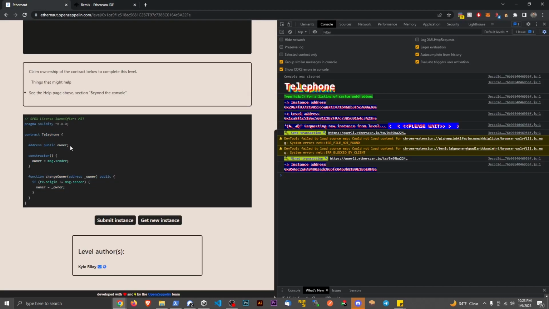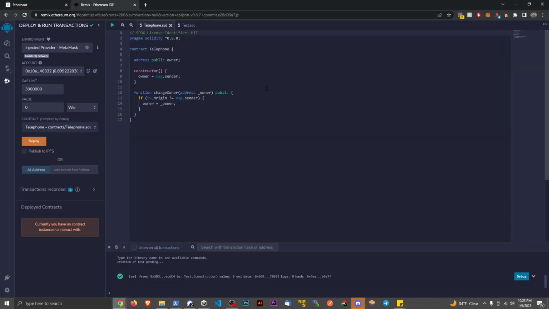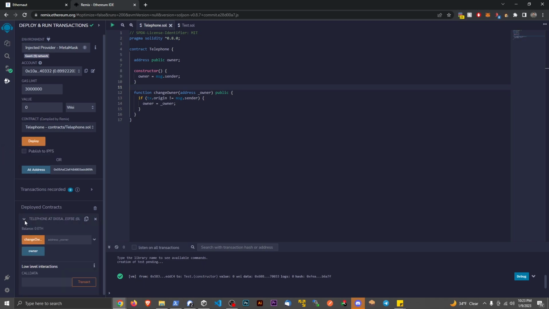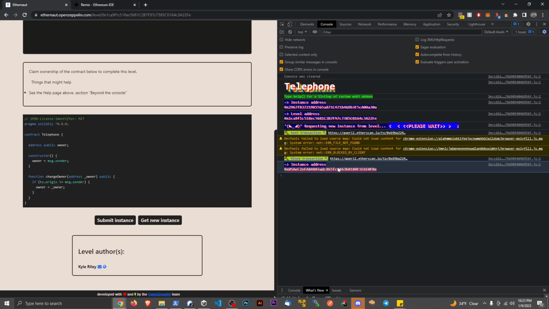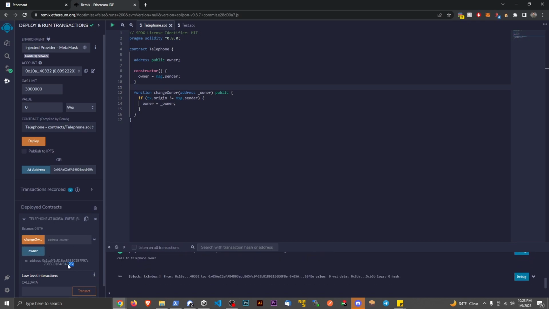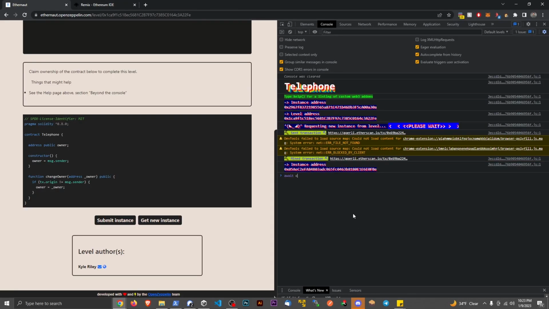So this contract is the same as Telephone. I'm going to click on Telephone and save that. It's already auto-compiled. I can load this contract at a certain address, so I'm going to copy the address that was here and paste it right here. Now we're able to interact with this contract, which is the same as this one, right? If I go to the owner, we can see that this owner is FE22FE. This is the same as if I said await contract.owner. Same address. It doesn't 100% confirm that it's the same contract, but we can see that it is.